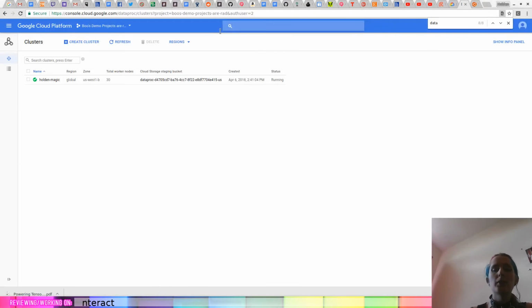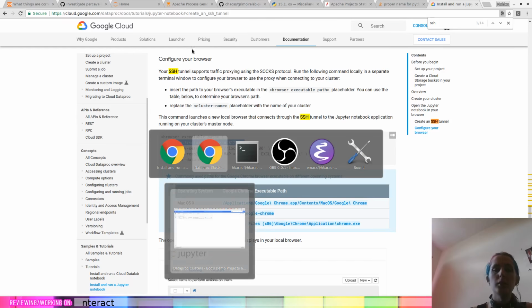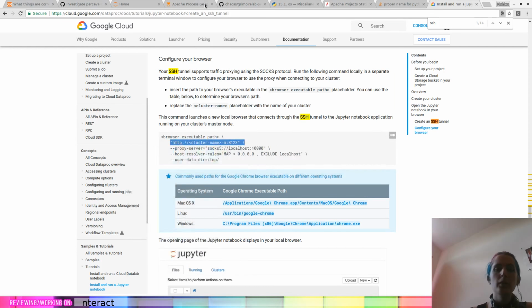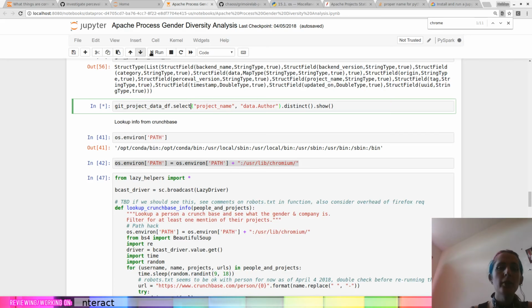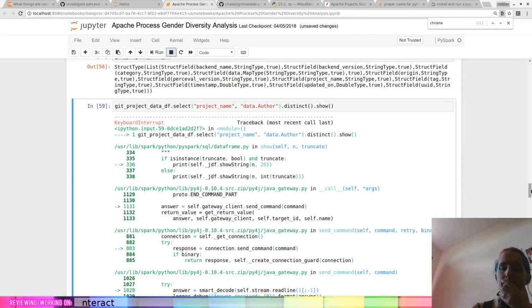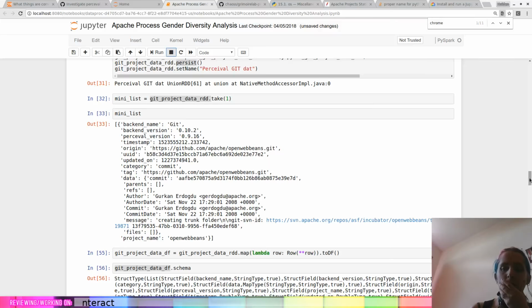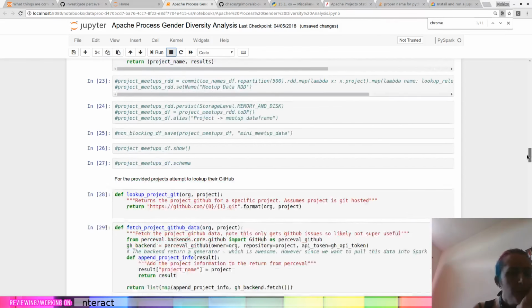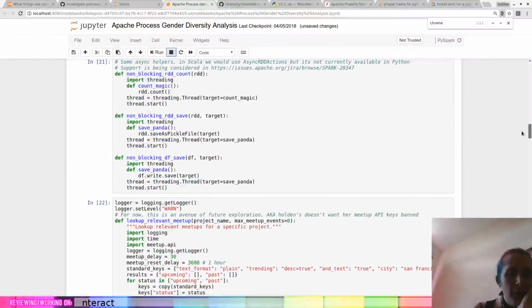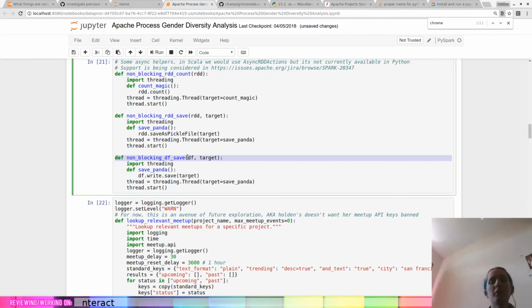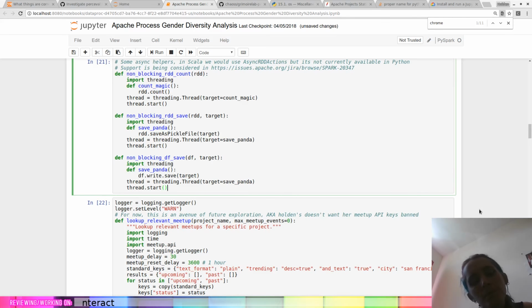So we're going to just go ahead and go in here. Oh yeah, this is the one I wanted. We're going to actually go ahead and just interrupt this cell. And we're going to go find our async option stuff that we made up above. And we're going to use this non-blocking data frame save on it instead. That way we can still poke at stuff. We don't have to just wait there forever. Okay. Non-blocking save, df target.